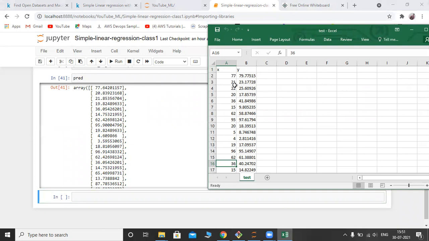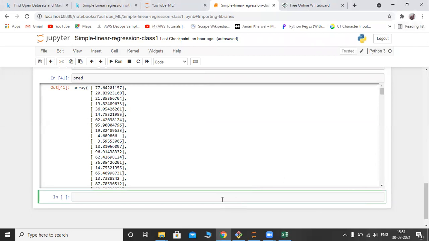And for x is equal to 21, our predicted y value is 20, but in actual data it is 23. Why is there a difference? These are the predicted values, not actual values. On what basis is it predicting? On training. Whatever training we have given, based on the training, it is predicting like this.